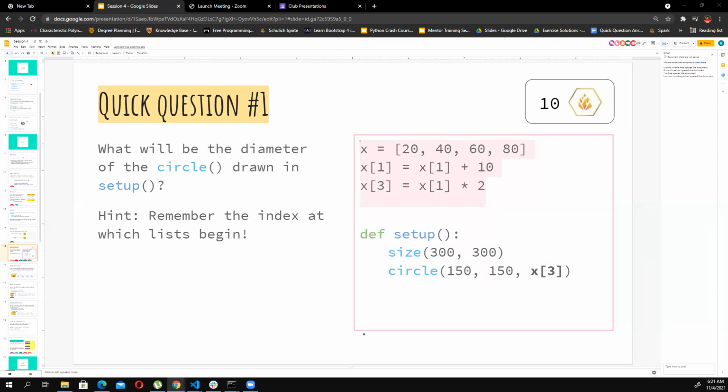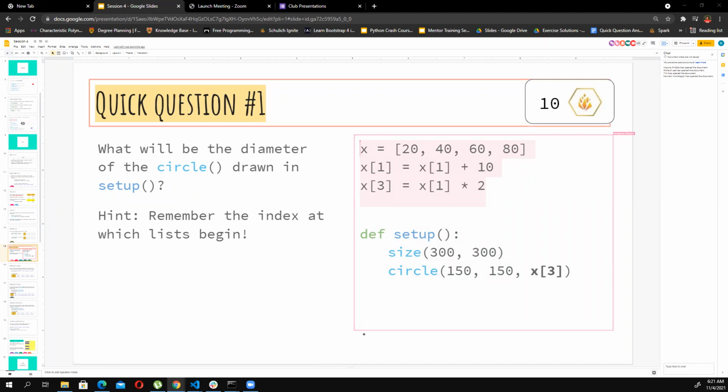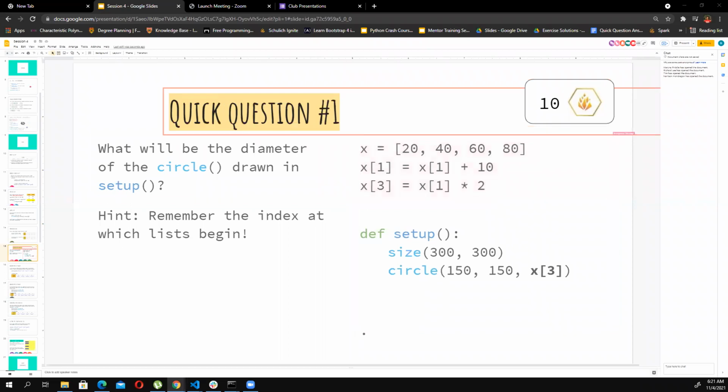All right, so I hope you guys have put in your answers in the poll. I'm gonna share the results. All right, so moving on,